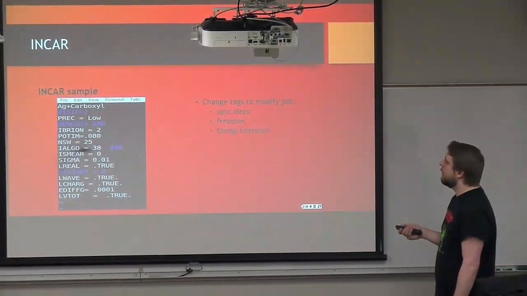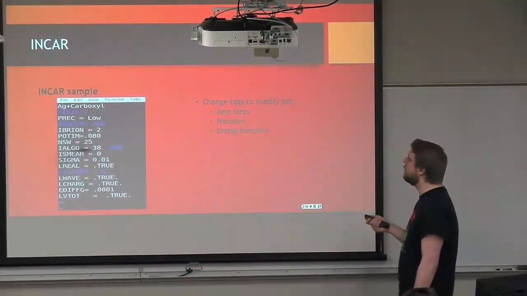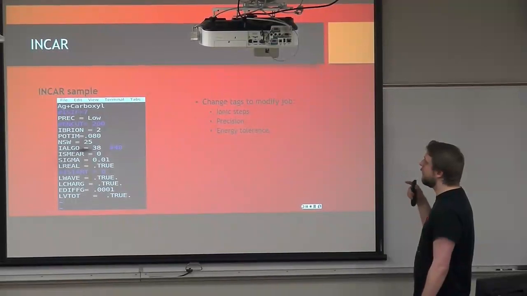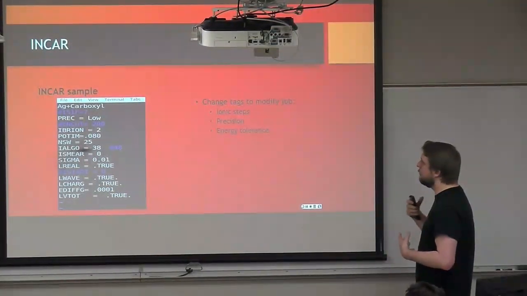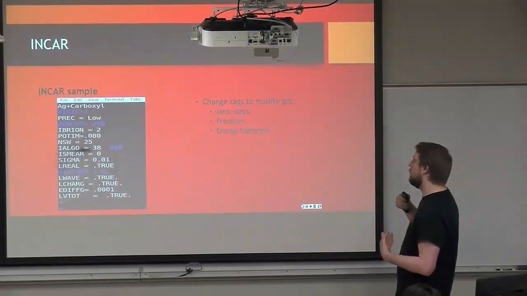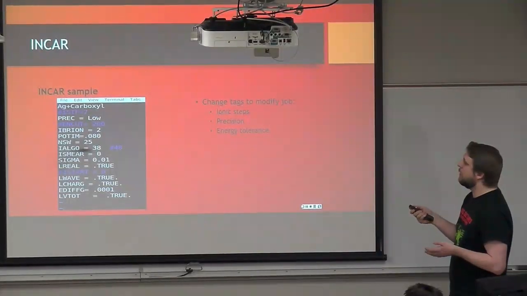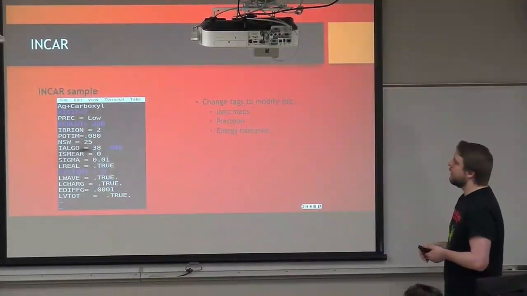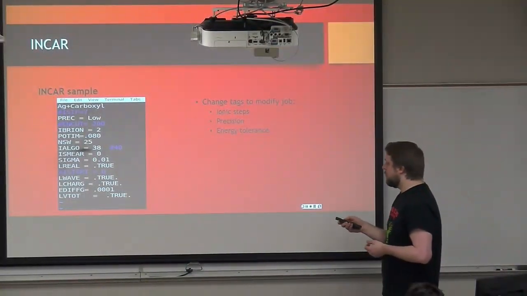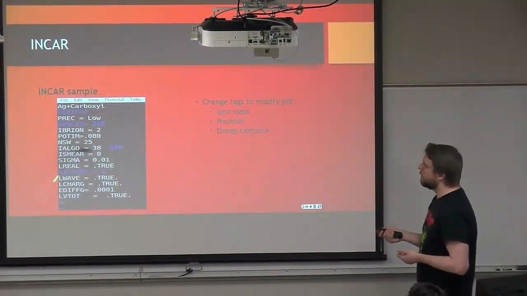IBRION, that's going to let you kind of control how positions are updated. So each time it goes through the calculation and moves the ions, you can control how that update is going to be. The best way I can describe it is there is one option that lets you create an effective drag on the ions, so it'll slow down how much they get updated. And there's a lot of other options besides that. There is a VASP wiki that has descriptions of all of these and more.